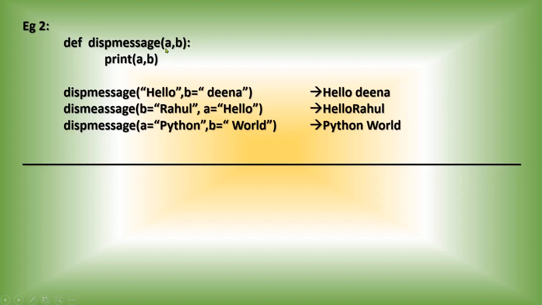A is passed to the A variable and B is passed to the B variable. Print A comma B means you will get the answer Python world. Try out this program in Python. One by one, first write the first call statement. Run the program. Then after that you type the second call statement, run the program. See, individual call statement, use it and run the program. You can see the difference between the output.